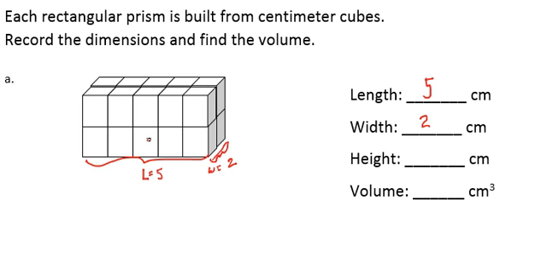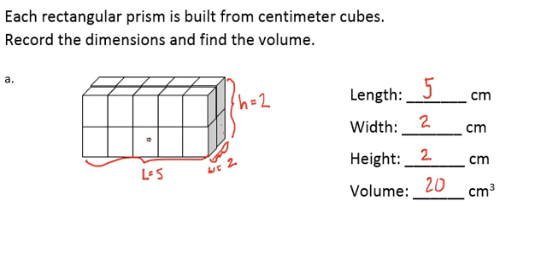For the height, that's basically asking how tall the shape is. So my height would also be 2 because there's 2 cubes that show the height. To find the volume then, I need to figure out how many cubes there are in all. Well, if I have 5 on the front part of the base and 5 on the back part, the entire base would be 10, and then a second layer of 10 would give me 20